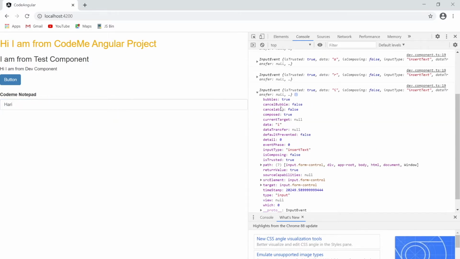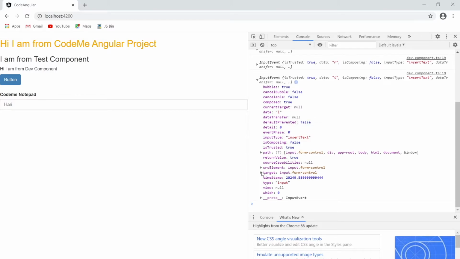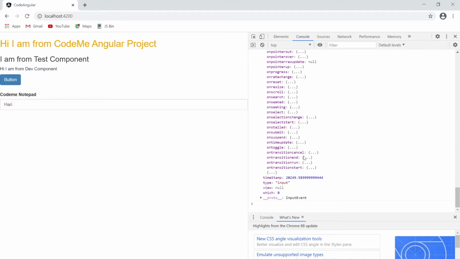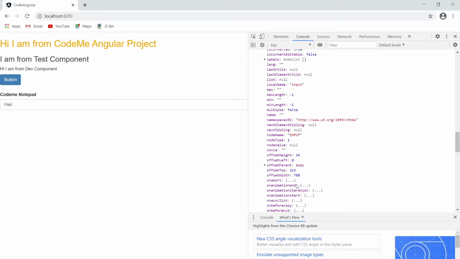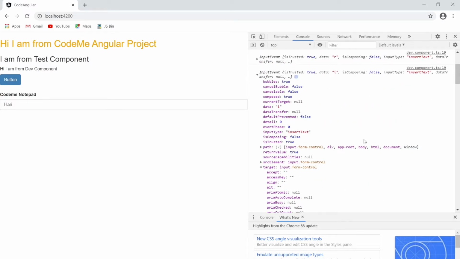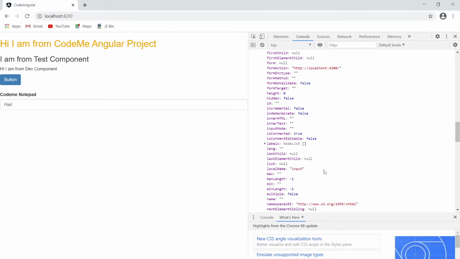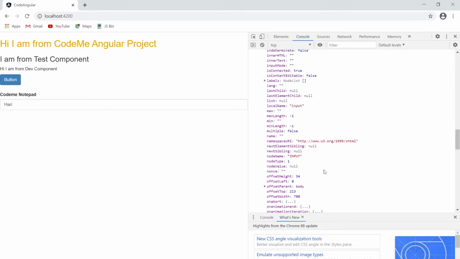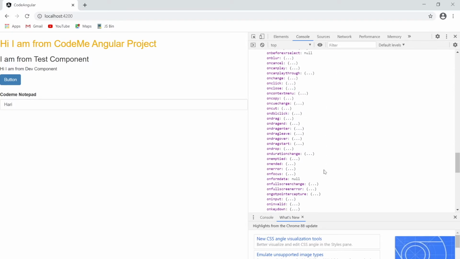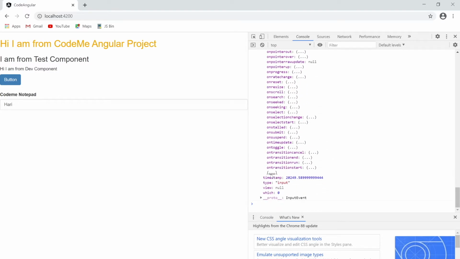And let me show you, if you go to the tag over here and go to the target, just scroll down a bit, and here as you can see it's of type input. And if you want to check whatever the input is, you can simply go to the target, and here you can find that value is there. So let me show you. We have a value function. So I'm checking, just give me a moment. So here, okay, that value is not there.